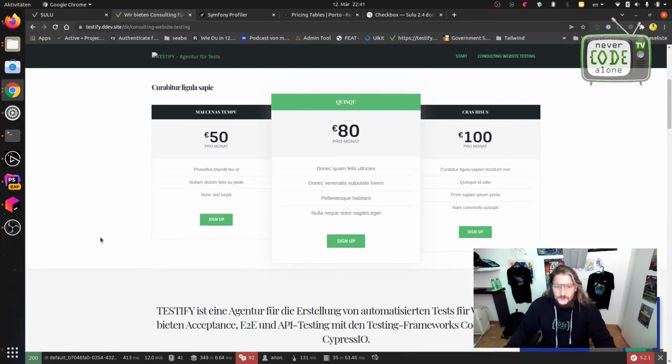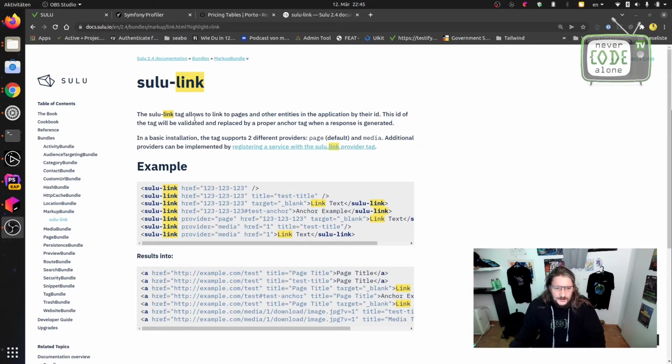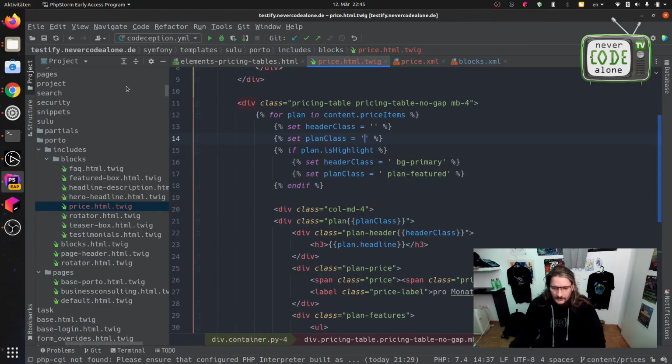And now this is working. Very good. Okay, now we have here our link feature. This is new. I don't know exactly if this will run in this Testify project, but we will try it. So we have here